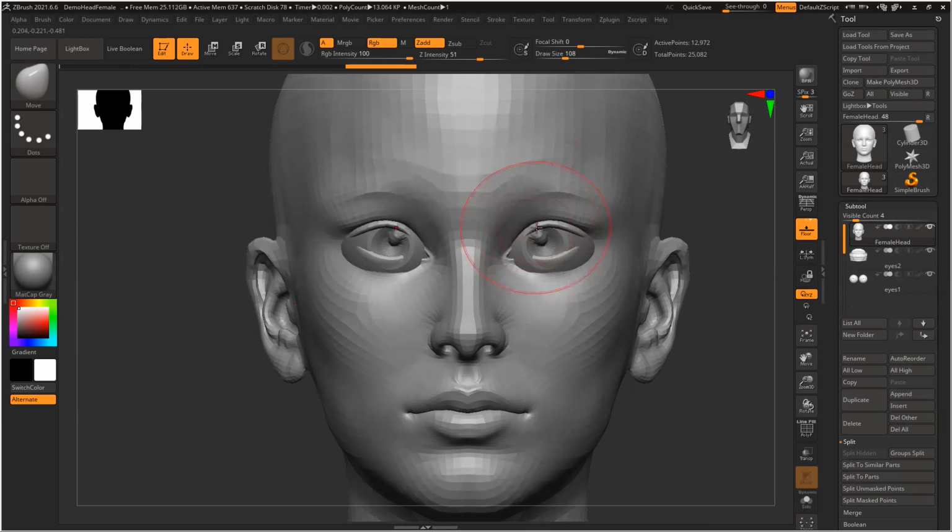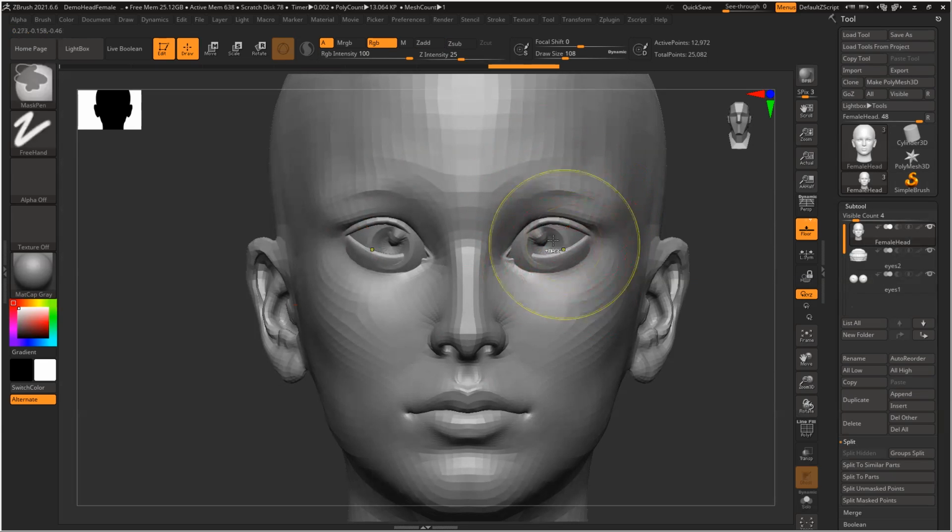You can see I'm not moving from here. I'm moving from here, so that my curve won't change. It just stays smooth. If I try to move it from here, it will affect this also, and this will bend. I don't want that. That's why I'm moving from a distance slowly.